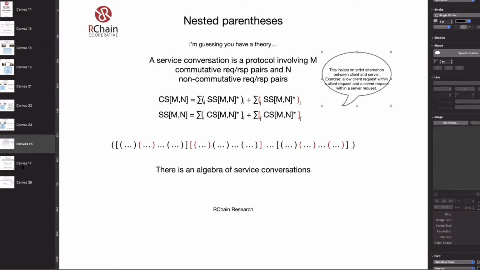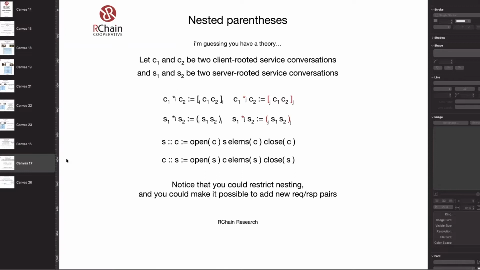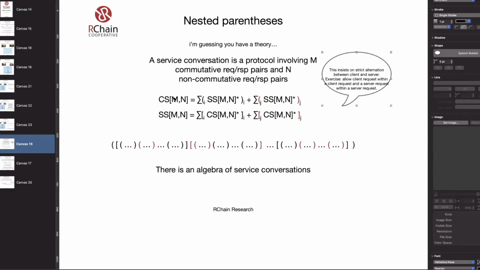And then the other thing is that you could potentially change these M's and N's, right? So here you fix the M and N, but you could potentially increase or decrease the M's and N's. For example, we can maybe look at the structure of M and say, no, after this first message, the M must be something else.